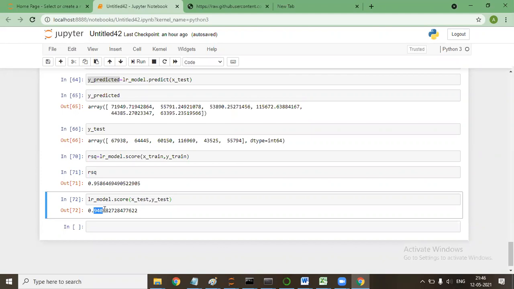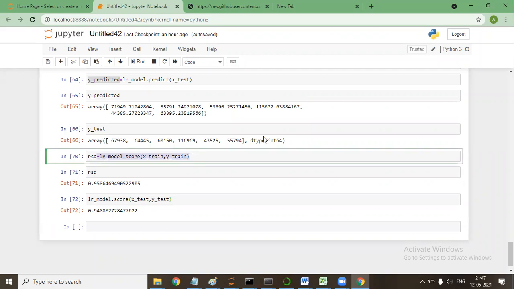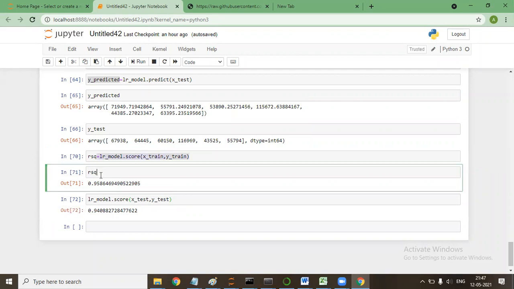From where are you seeing 71? The line number of the output, sir. Line number 71. Okay.